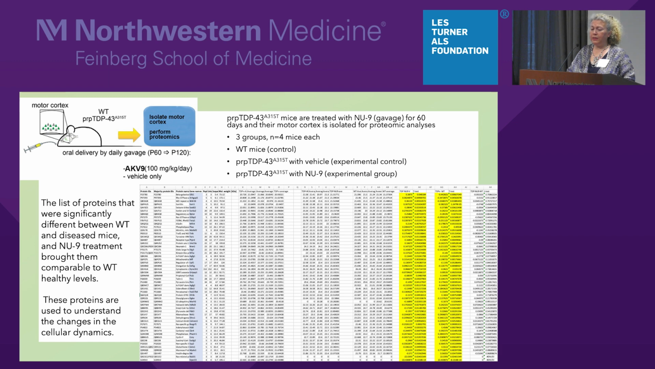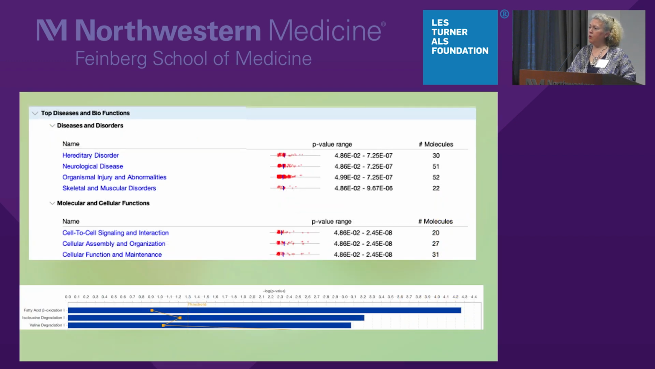And we gave TDP mice NU9 for 60 days, three groups: wild-type mice, diseased mice, treated, untreated. And then after 60 days, we took the motor cortex, we did proteomics, and there were about 53 proteins that went from disease state to wild-type state. So it was able to change the expression levels of 53 proteins. Then we said, okay, proteins, who are you? Where are you? What do you do? And the ingenuity pathway analysis told us that there was actually